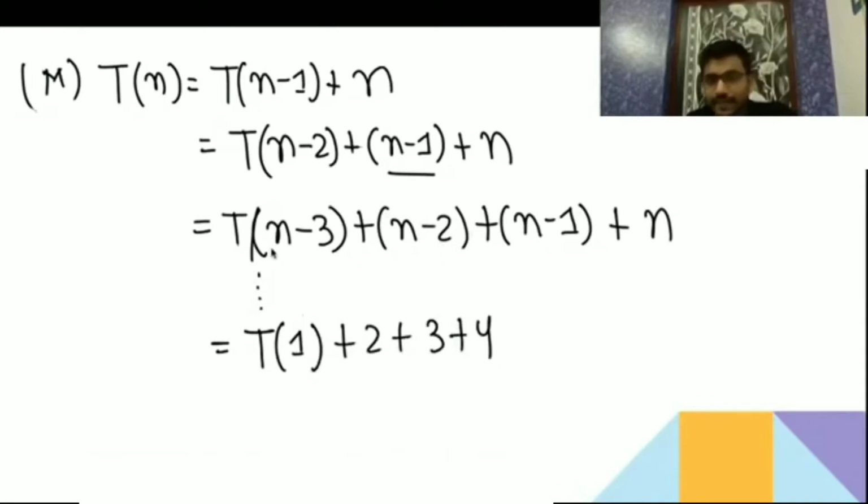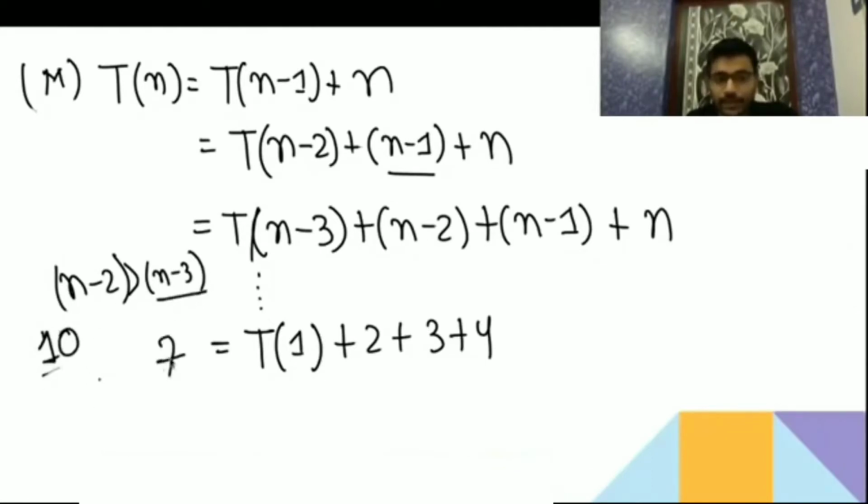See, T(n-1) is smaller than n minus 2, so n minus 2 is greater than n minus 3. Okay, you take anything, n equal to 10. If you take n equal to 10, here you are going to get 8, here you are going to get 7. Okay, so n minus 2 is greater, so T of 1, then 2, 3, 4 till